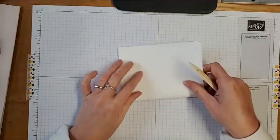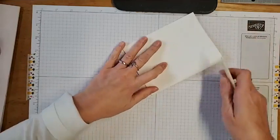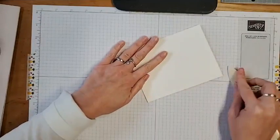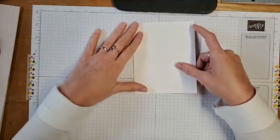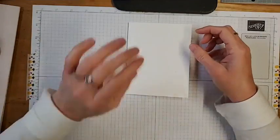Our Whisper White paper mill has had to shut down. They couldn't sustain themselves, which is surprising because I would think as Stampin' Up! Demonstrators and customers, we would have kept them in business all by ourselves. But apparently they could not keep up with expenses during COVID, and so they had to shut down, which means